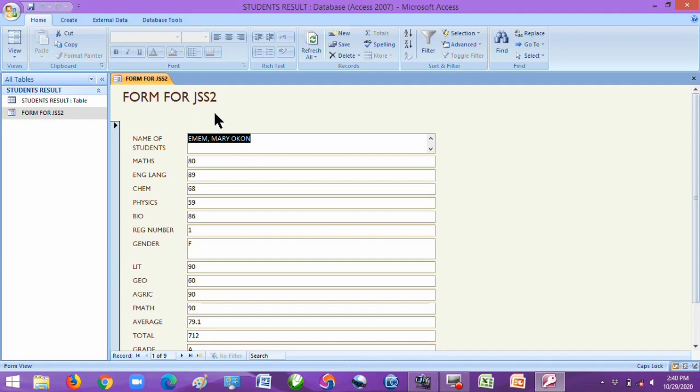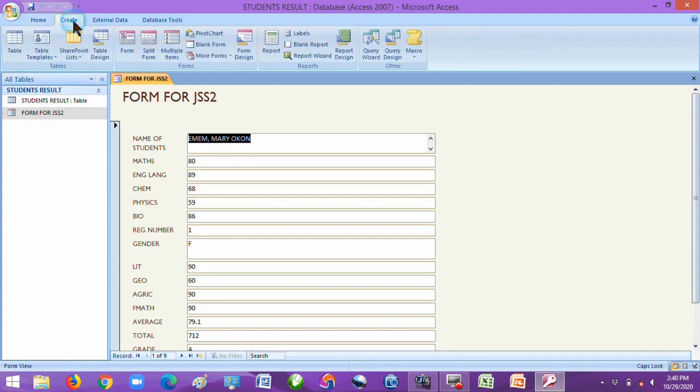So that's how you can insert the table and then use the table to create something like a form, as you can see here. But what if you want to create a report still using the same table? Go to Create tab. Once you click Create tab, you now see that you have form, report. In this case, you want to go to report.